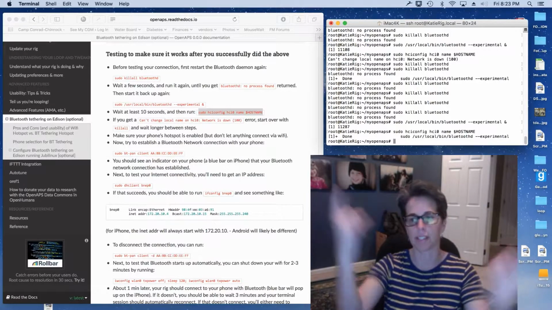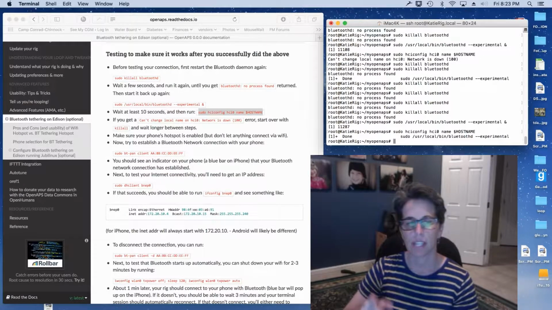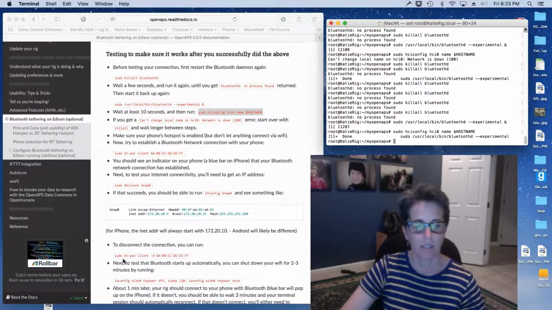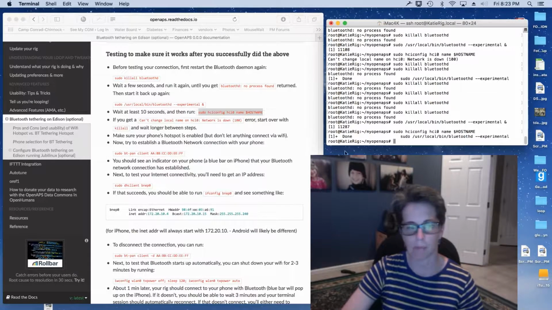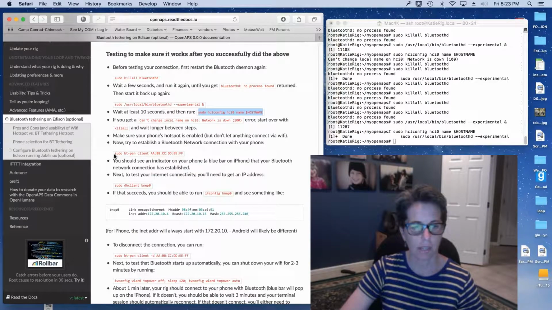There we go. Success. Just had to wait a little bit longer. So that's good. We're successful. So don't give up. If you keep getting error messages, it's just a matter of time before you get the right combination. Okay, so the next one is we are going to attempt to try and get a Bluetooth network